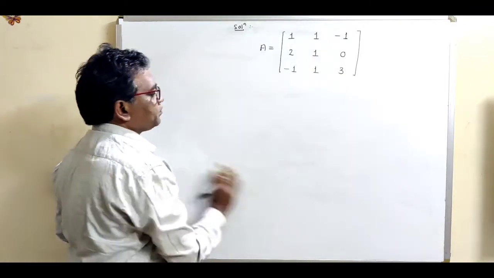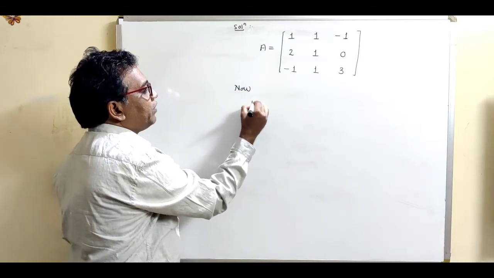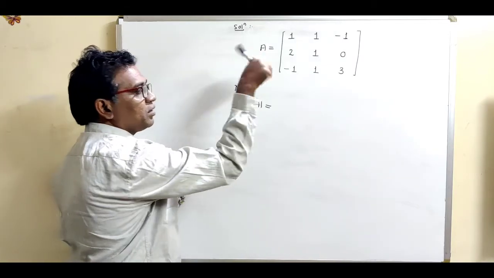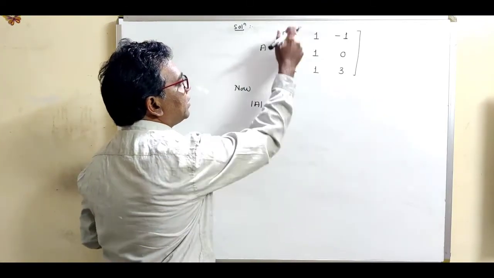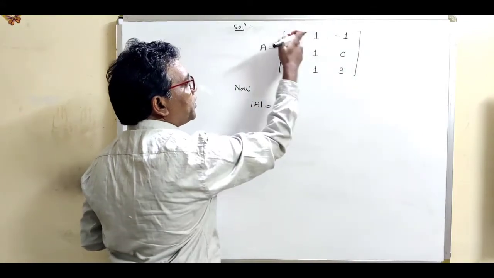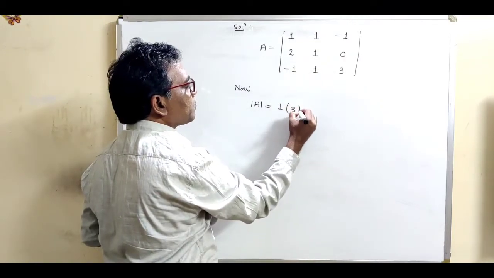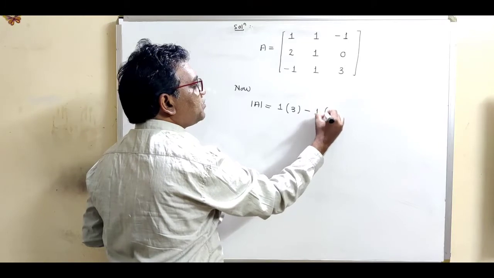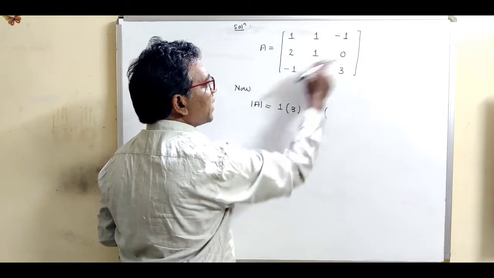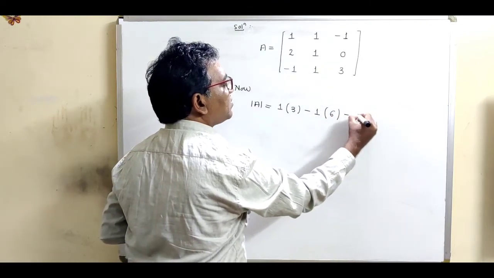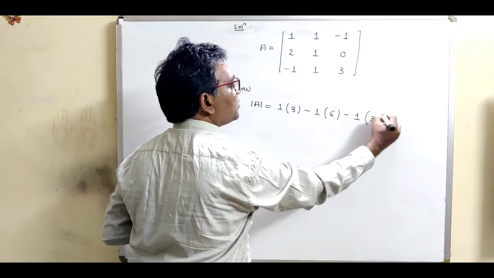So write down the solution. Now first we want to find out the determinant of order 3 by 3. So let us find out this determinant. 1 into bracket, delete the corresponding row, corresponding column and take the determinant. 3 minus 0, this is 3. For the middle element we use the minus sign. Delete the corresponding column, corresponding row and take the determinant. 6 minus 0, this is 6. And this is the third element. Minus 1 into bracket, 2 minus minus plus 1, so this is 3.